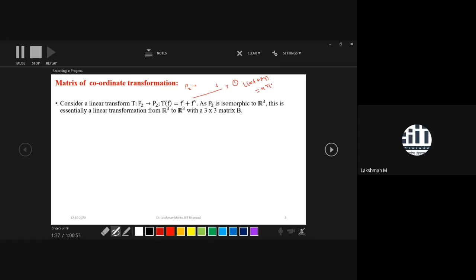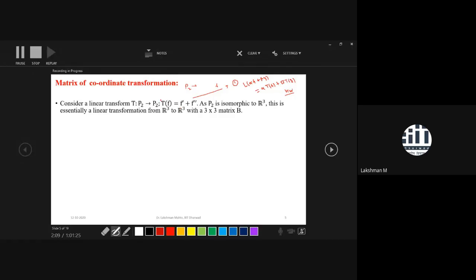So the linear combination of the images, that means alpha times P of f plus beta times P of g. You can verify whether it is a linear transformation or not. It is a homework. I assume that it is a linear transformation because I had already verified that this map defined from P2 to P2 is a linear transformation.